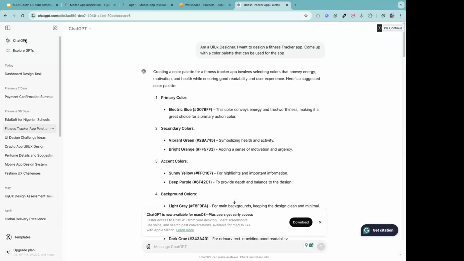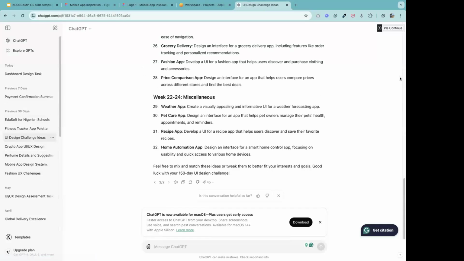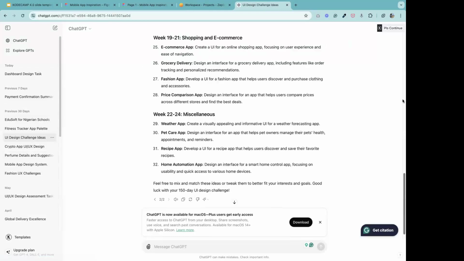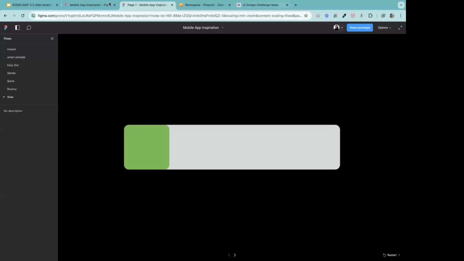So if you have any issue making use of ChatGPT, you can also reach out to me if you have any issue at all. So let me show you another way to use ChatGPT to improve your design skill. Here, an idea came to me. I wanted to come up with a 150 days UI design challenge task that I'm going to use for my own personal